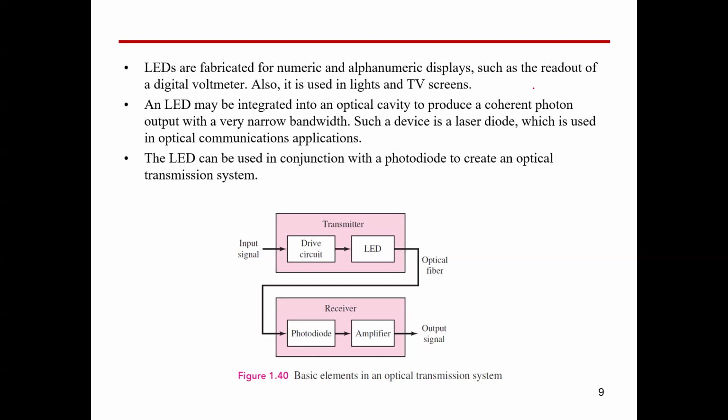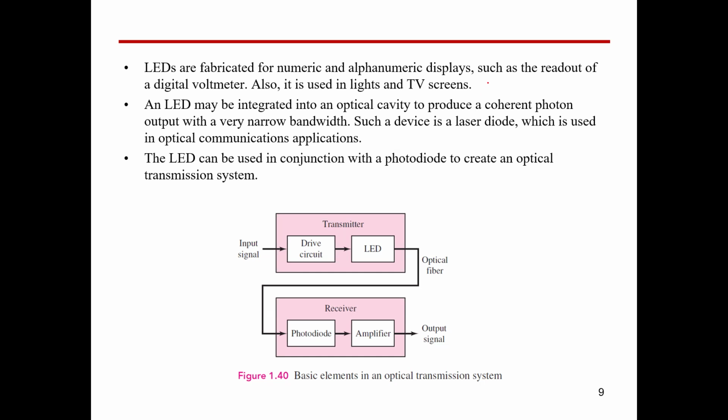Now, the LED is preferred in terms of light because it consumes very little power compared to conventional light sources. So you can get the same amount of light as conventional bulbs, but with very minimal power consumption. So we do prefer LED lights because they consume very little power compared to conventional lights. And the same is also true for screens. TV screens now became very light and consume less power compared to conventional TV screens because